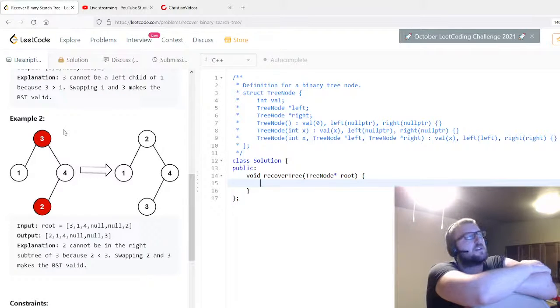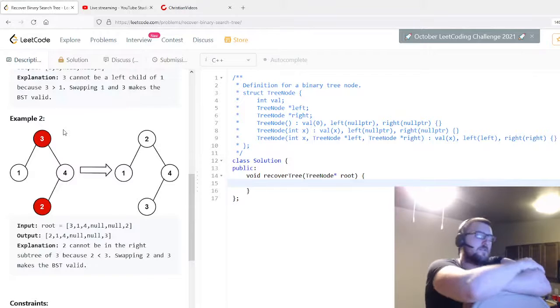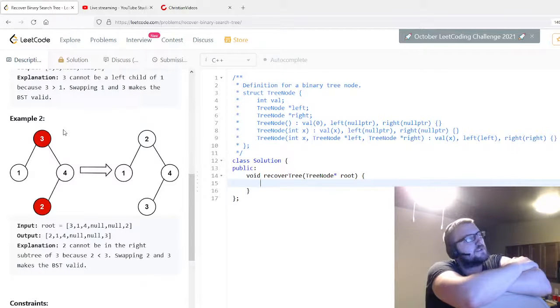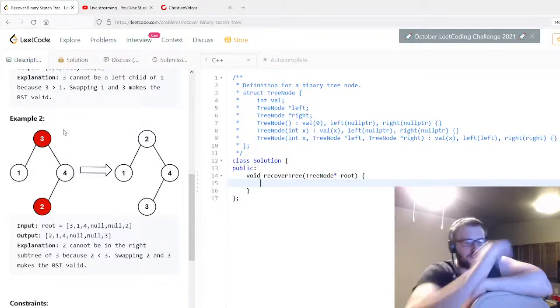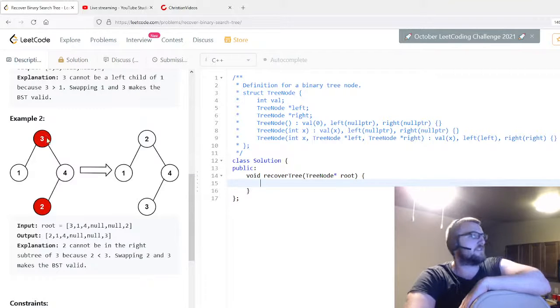Maybe that's the way to do it. So you want to find errors. The thing that's tricky is this node at the top is not an error, but the second node is, or this 2 node is. Like given this structure 1, 3, 4,